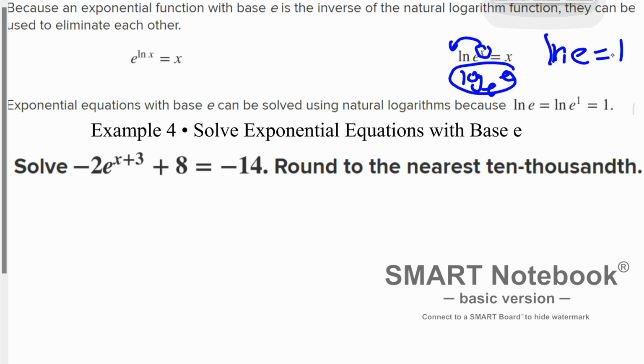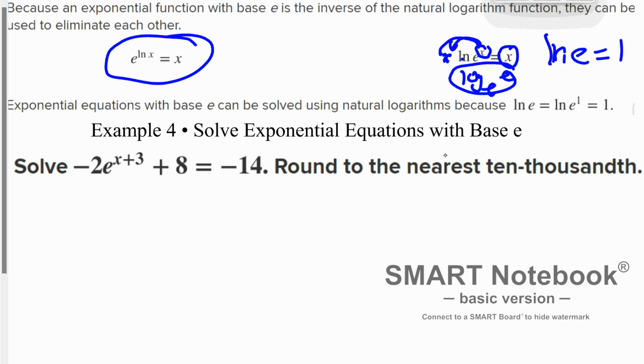ln of e equals 1. So when this comes in front, it's just x times 1. That's why it's just x. And the same thing is kind of here as well. Now that I know those facts, I can go ahead and solve these problems, and we solve exponentials